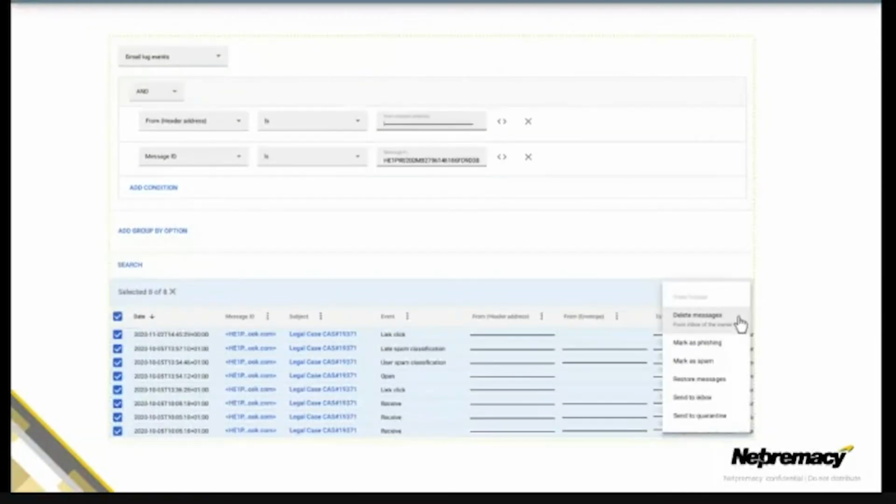So what we do as an immediate action to this, as we want to reduce that potential further outbreak, is we select all and we can just immediately delete those emails, just a click of a button, which is really useful for those users who haven't even opened that spam email yet.